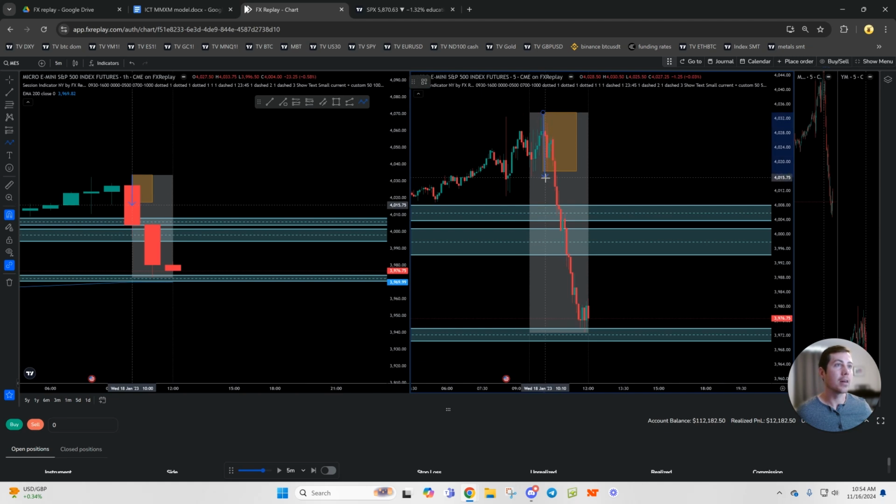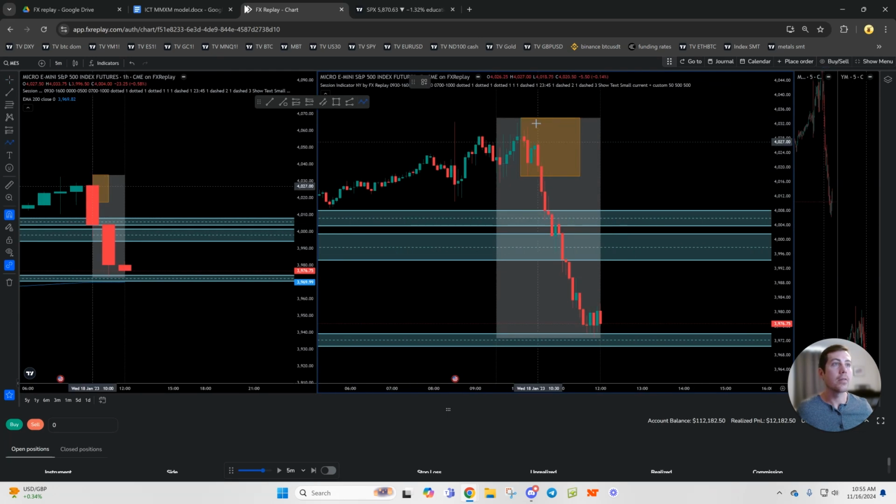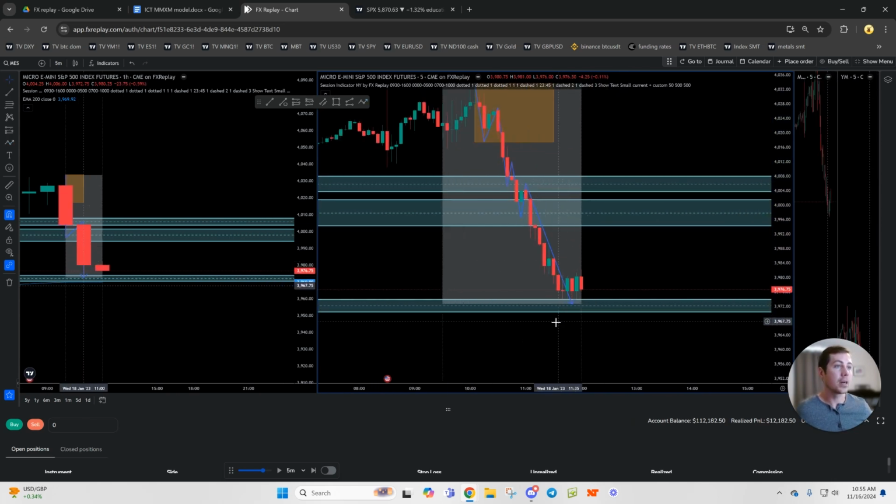You have a first move down. Maybe this is your low risk buy. We have at least a small pullback here with these wicks. Sorry, let me draw this a little clearer and zoom in so you can see better too. So we have the first move down, low risk buy. You have a pretty small retracement here between these wicks, but it was in response to this fair value gap we had before. Then we moved down into the order block that I'd marked out, and finally we have our third stage distribution. So now that we're at this balanced price range and we're starting to get a balance,